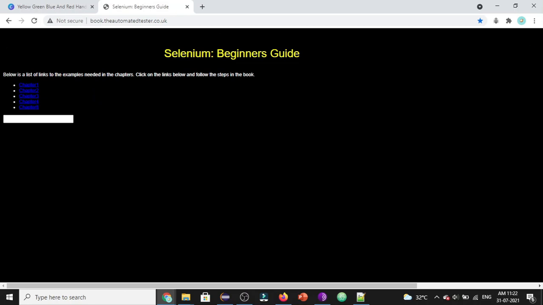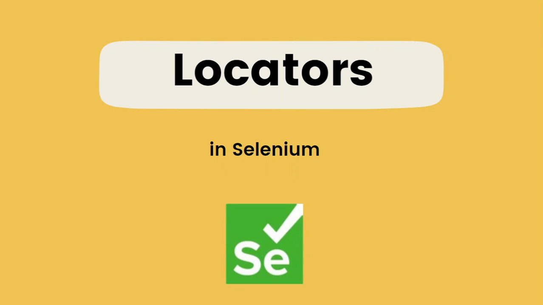So we are saying this is the whole web page. All the elements present in this web page are called web elements, and in Selenium all the actions that will be performed are by identifying the web element first. So for clicking on the chapter 1 link, it has to identify where this chapter 1 link is present in this web page. And for doing so, we have different techniques used in Selenium. As we are trying to locate the web elements using these techniques, these are called locators in Selenium. Let's see what the different types of locators available in Selenium are.